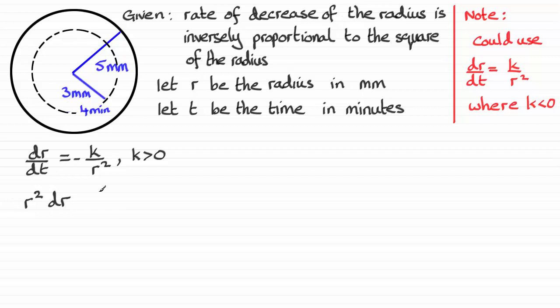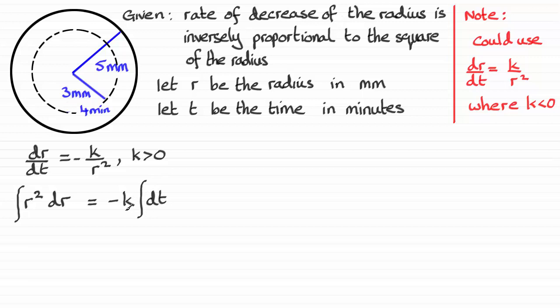It's as if I'm multiplying both sides by dt, and that's going to give me the minus k and the dt. And I'm going to integrate both sides. So I integrate that side, and I could slip an integral out the front here, but this being a constant,